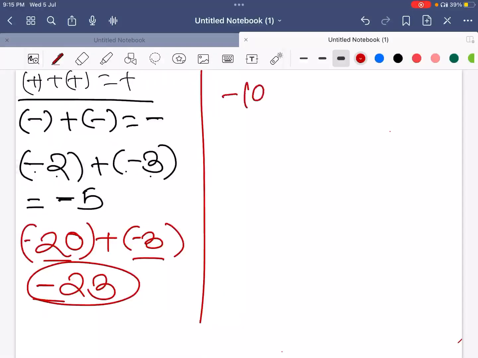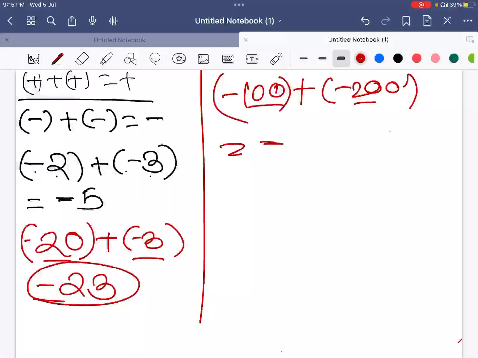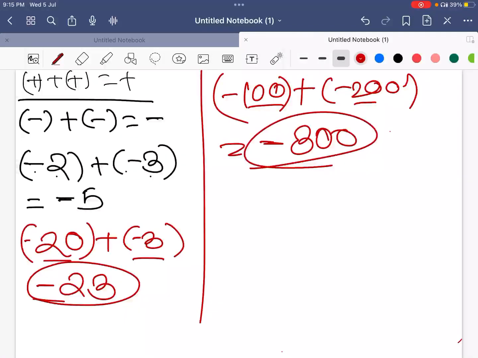So minus 100 plus of minus 200. So once again, take the minus common, 200 plus 100 is 300. So likewise, your answer is minus 300. Okay,